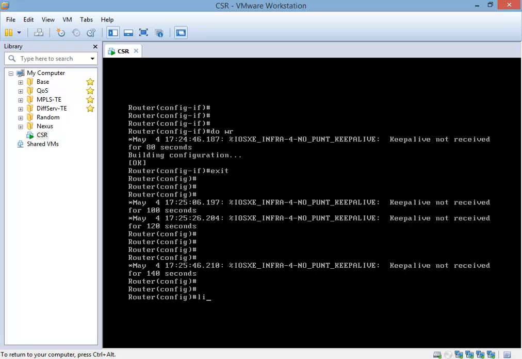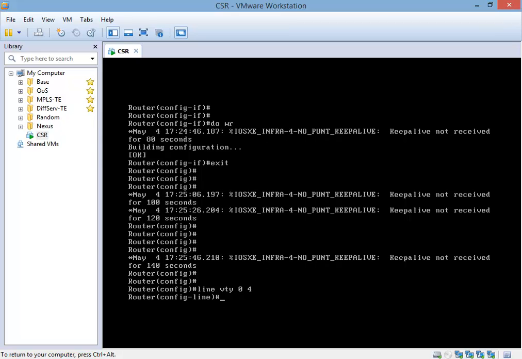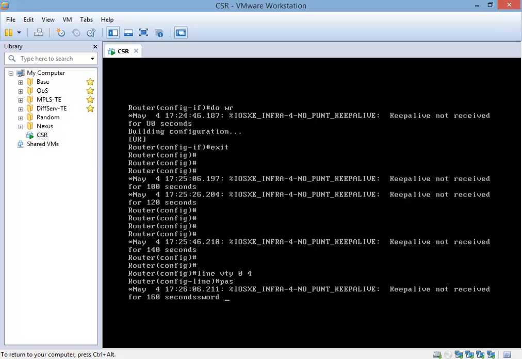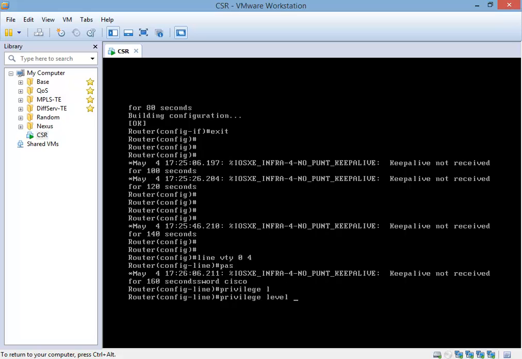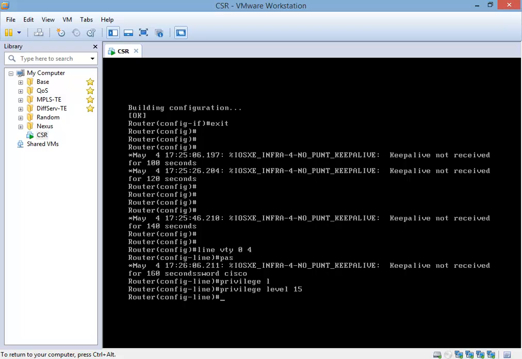Line vty 0 4, password, say Cisco, privilege level 15, and what else should we add? And no login,